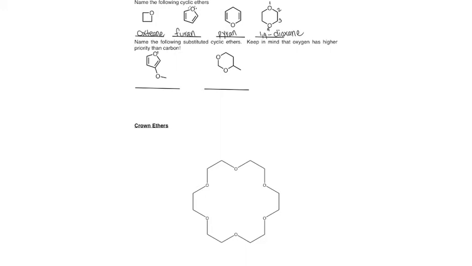So if I give the oxygen a 1, and then I know that I'm going to have some sort of furan, I want to give that ether that's hanging off at the bottom the lowest number possible. So if I number 2, 3, I'll get a lower number than if I went the other way, which would have been 1, 2, 3, 4. So the black path works out better. So we have a 3, and then we have an ether. Since the ether is a substituent, it's a methoxy group. We've done methoxide before, but now it's attached. It's not an anion, it's methoxy. So 3-methoxyfuran.